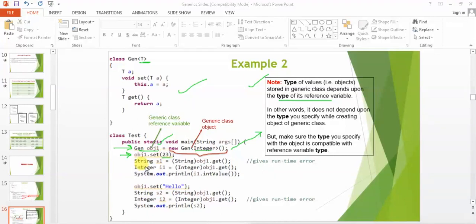Okay, then while fetching I have to downcast it. Okay, because this was made gen of type object. So obj1.get will return me the object type. So all the t's which I have mentioned here got converted into object class. So get method will return you t. T means the object. So object has to be downcasted to string and has to be stored inside the string variable. Okay, similarly